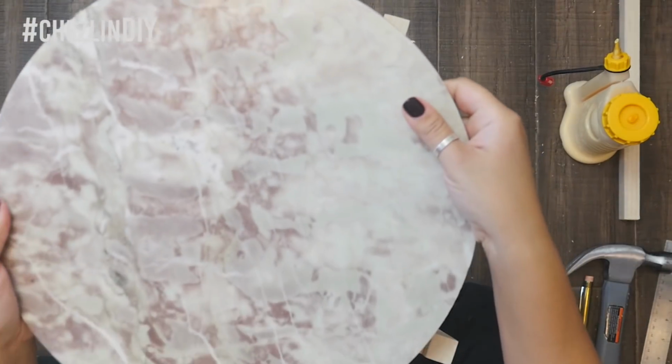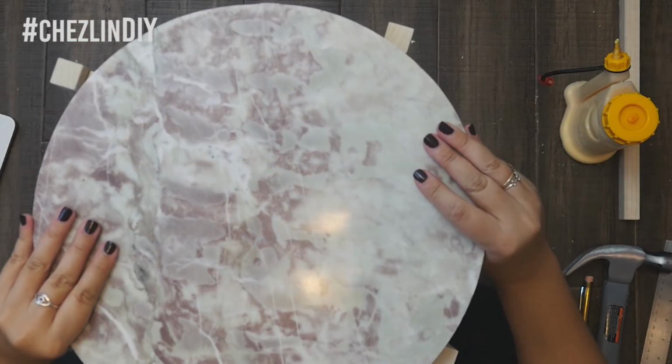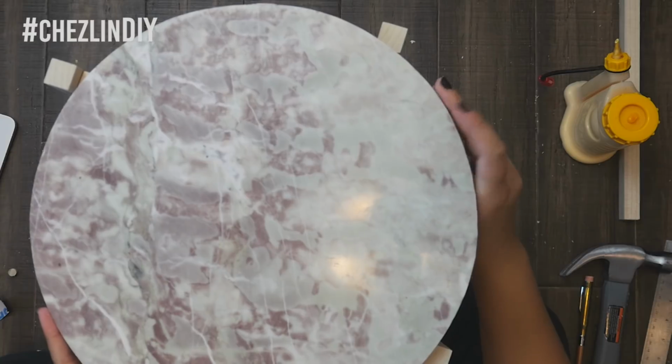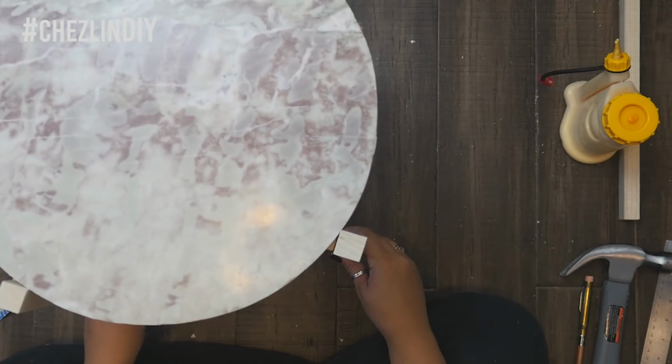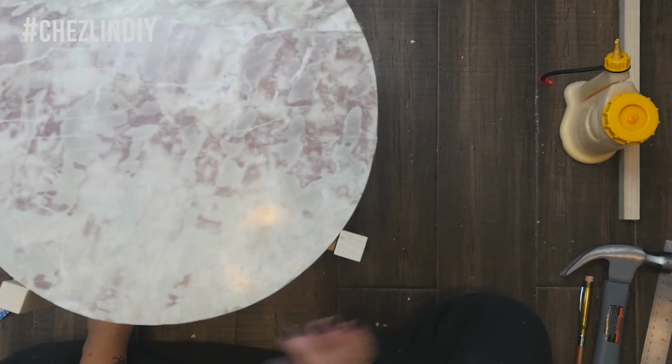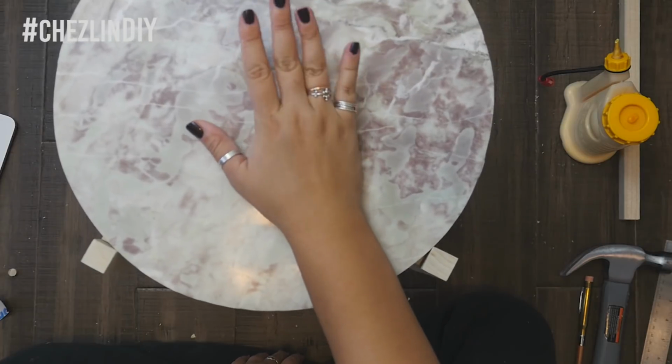And actually mine just barely didn't fit, so I had to use a box cutter to cut away a little bit of the wood on each leg piece. I probably could have just sanded it down because it was such a small amount, but the box cutter was a little bit faster, and I was a little impatient at this point, so yeah. I ended up cutting off maybe 1/16 of an inch off of each side,